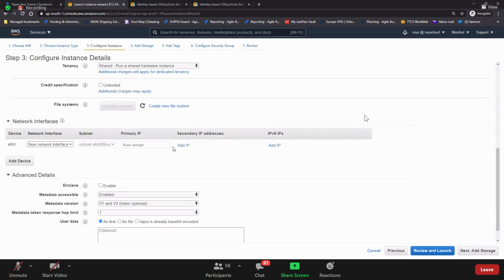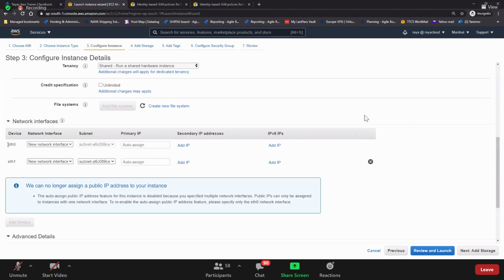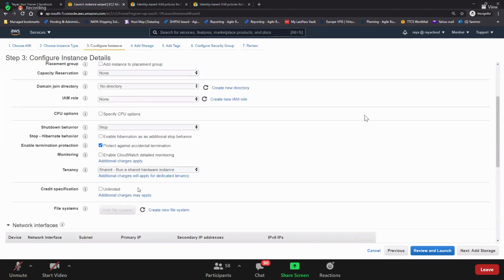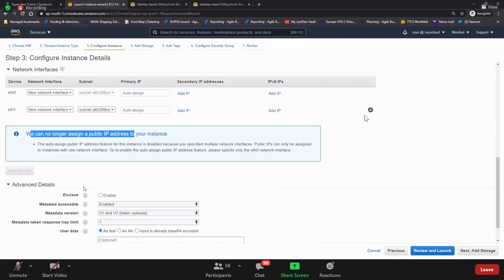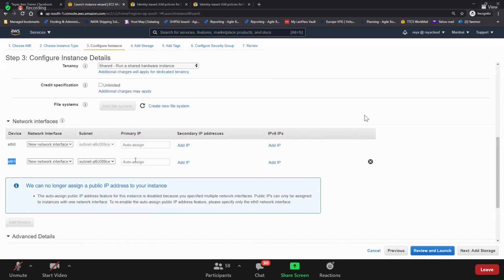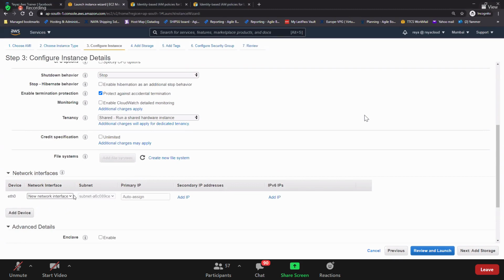Is that clear? So now, is it possible to add multiple private IPs to a single EC2 instance? Yeah. And you can add a device. This is ETH0, ETH1. You can have two adapters for one EC2 instance. But remember, for one adapter, it is private IPs. And if you are using another adapter for private IPs, you will not have any public IP anymore, because public IP will get disabled here, because you are using ETH1 also for your private IP. So ETH1 would be for your separate public IP. But you don't need to do anything. Just leave it just like that.